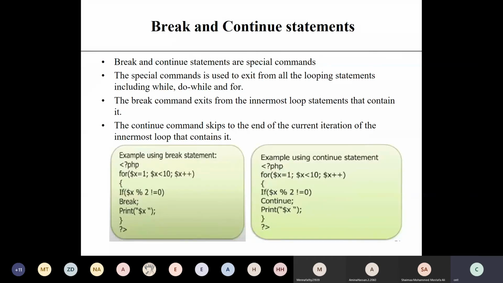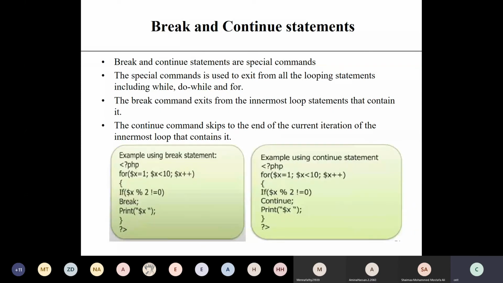Break exits from the innermost loop statement that contains it. Directly it will exit from that line of code. But continue will skip only that condition. This is the difference. In break, it will exit from the loop itself, meaning after that, nothing will execute.